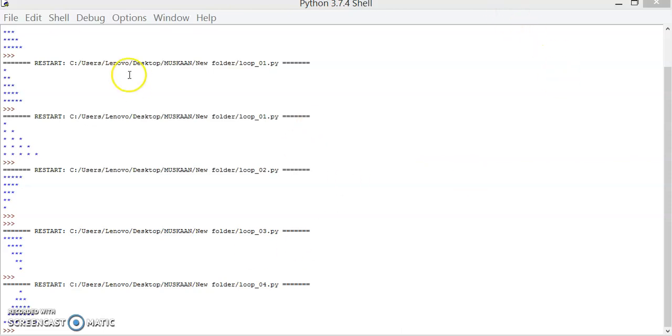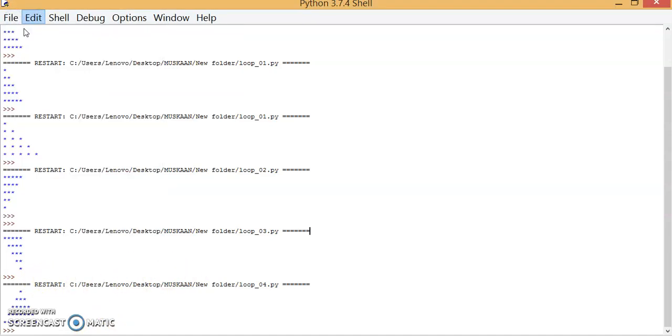Hello all, welcome back to Python programming. In the earlier videos, we used loops to make different patterns like this one, this one, this one, and this one. Now we are going to move to our final pattern, that is this mountain and the reverse of this mountain. That means it is going to give me a diamond shape. So let's do the coding for this also.